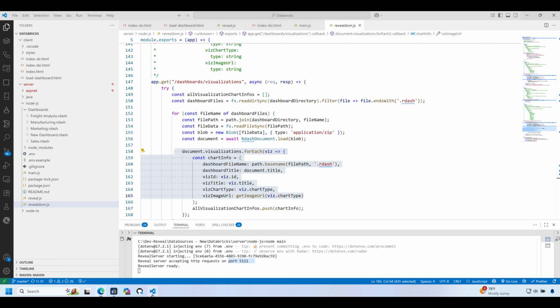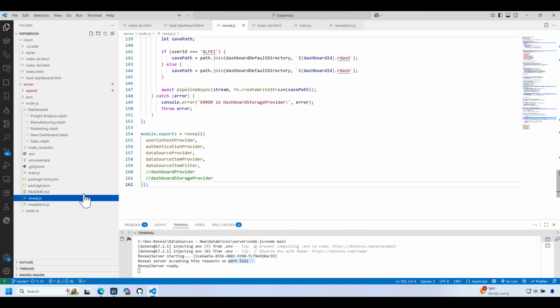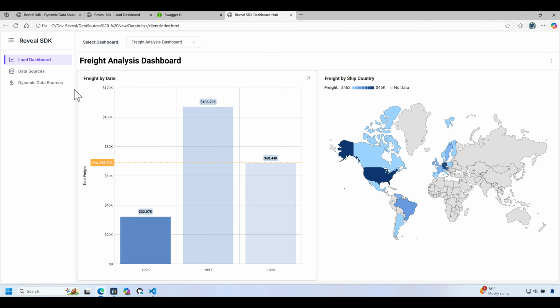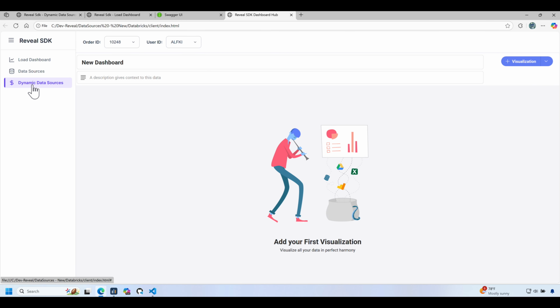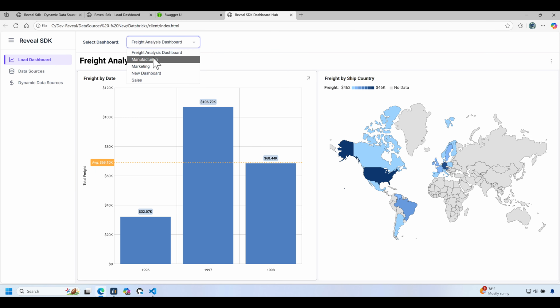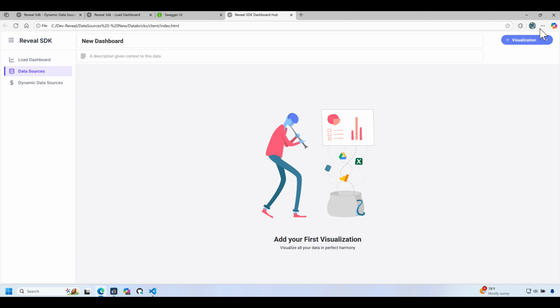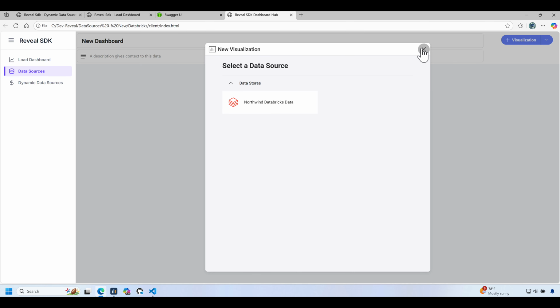So that is an end-to-end on the Node server setup, an explanation of the lifecycle of Reveal and all of the information that you really need to set up a great server experience. And in fact, on my client, a lot of my CSS and everything is in a separate file, but I just have this quick example here of all of the dashboards that are on the server, pulling in data. I've got my data sources, so I can just do exactly what we were doing before, and then my dynamic